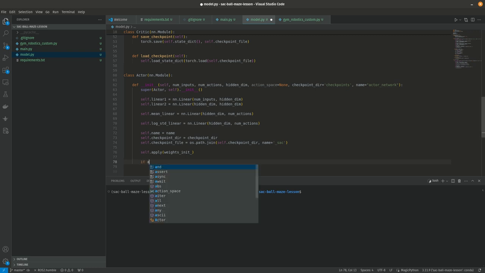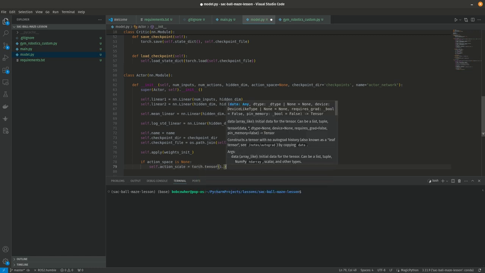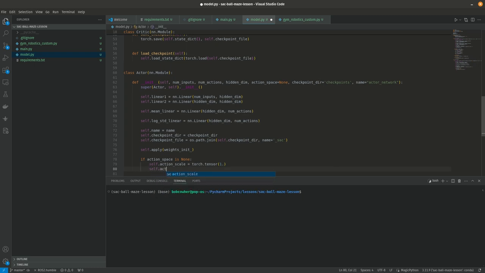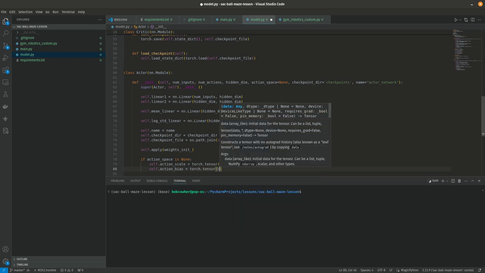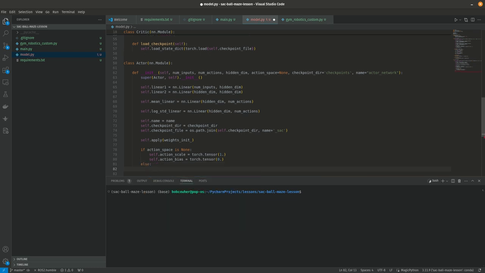Finally, if action_space is None, self.action_scale equals torch.tensor, self.action_bias equals torch.tensor, else, so just telling it what to do if there's no action space passed in, self.action_scale equals